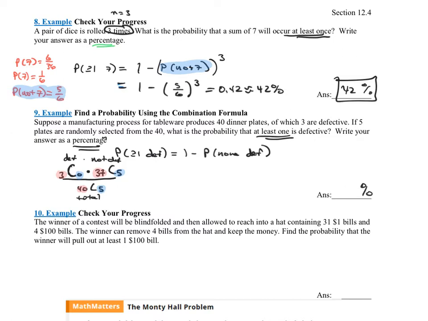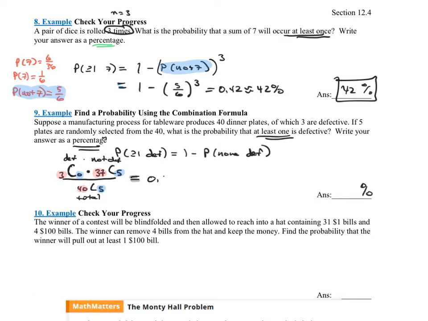So this is saying we want 0 defectives. We want 5 not defectives over the total. This is going to give us the probability of picking no defective plates out of 5. So when I do this in my calculator and round to 2 decimal places, because it's going to want the answer as a percentage,